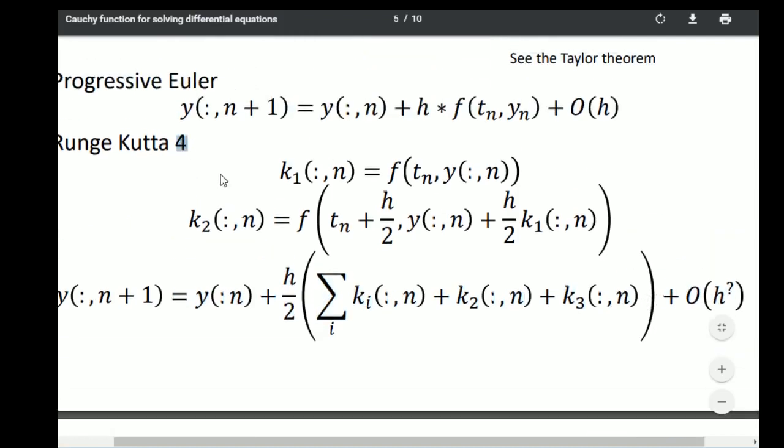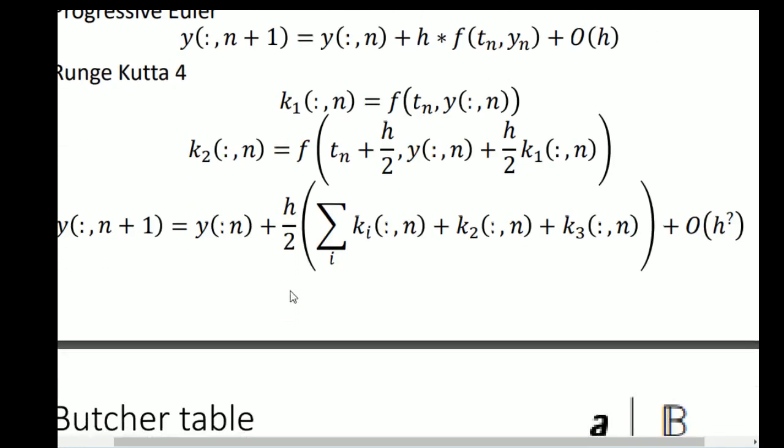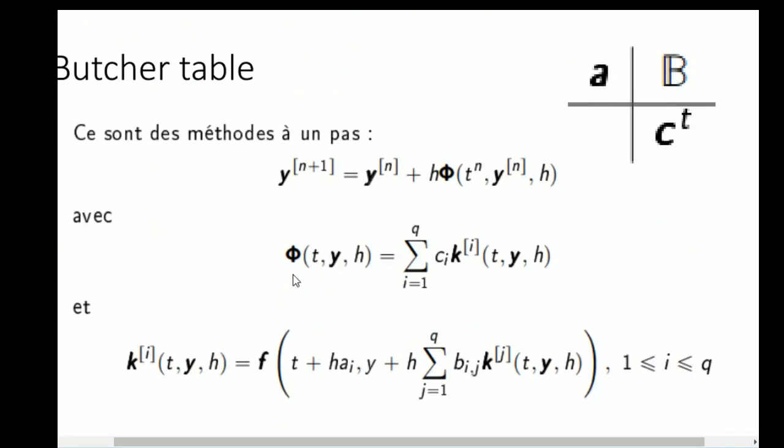What could it be? Usually, when you say Runge-Kutta something, it means the order, and it can be demonstrated easily. And we're not going to do this demonstration, but basically you build sub-variables that are functions of functions, and then you sum them finally. I don't know exactly the demonstration for this, but I know it can be demonstrated easily. So the Butcher table is